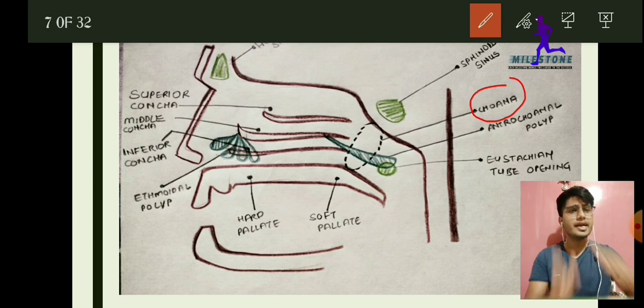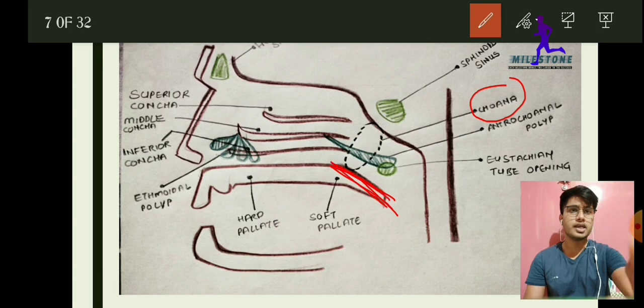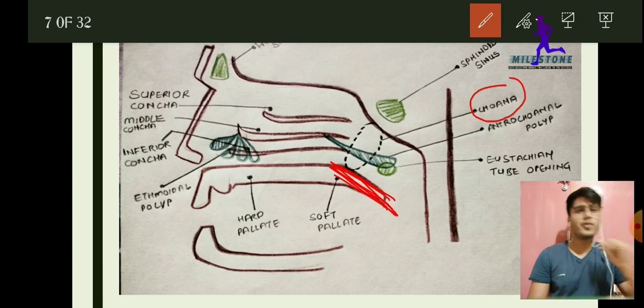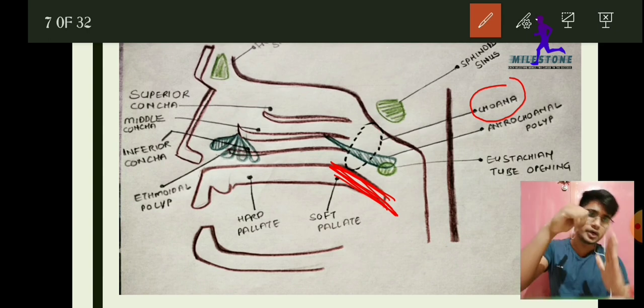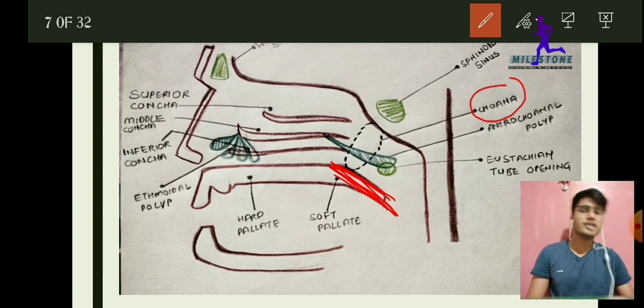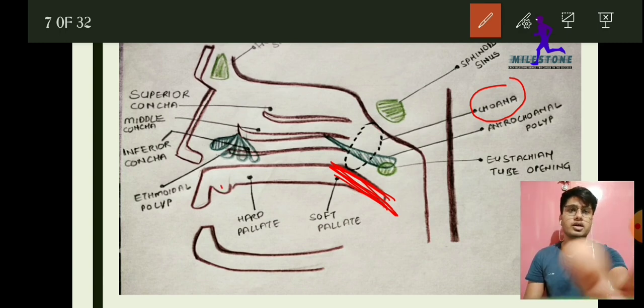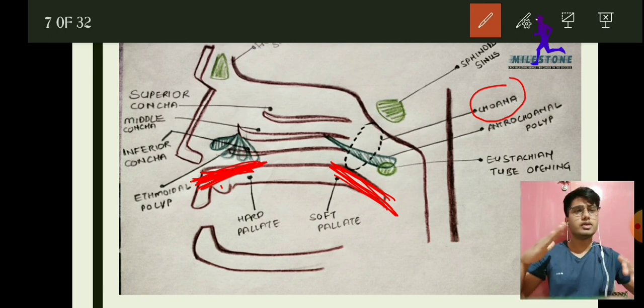Okay, and it goes backward because the structure of the nose is like this. See, here the structure is like this. So of course it is going to go backward. There is more dependency on the front part, so it is going to go backward because there is no dependency on the back part. It is like this slope, and on the front portion you cannot clearly make out, but on the front portion we have a little bit of this type of slope, right? So it goes front and here it goes back. It's as simple as that.